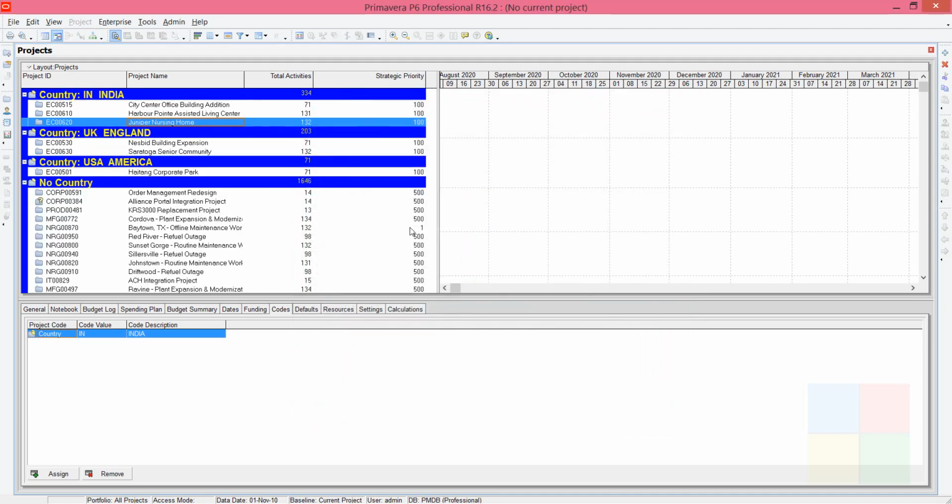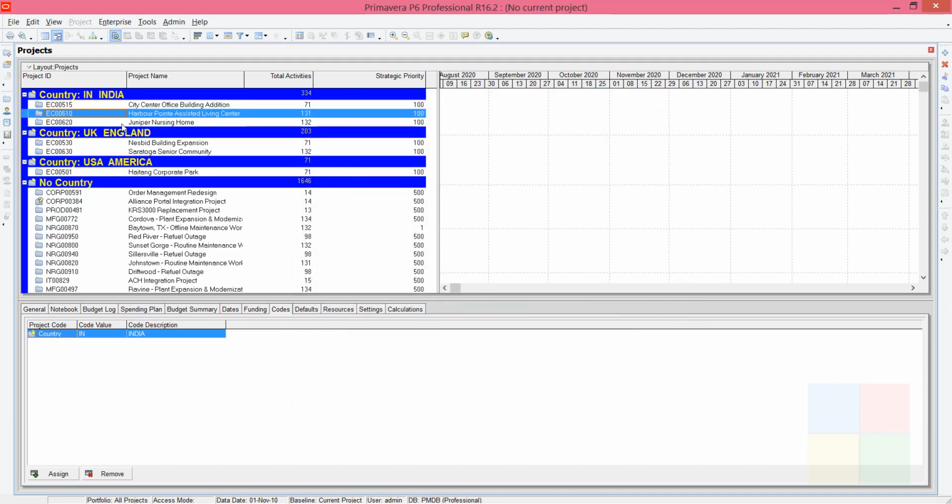As you can see here, we assigned those three countries only for the first six projects. We can see under India which projects are going on, under England which projects are going on, and in America which project is taking place.